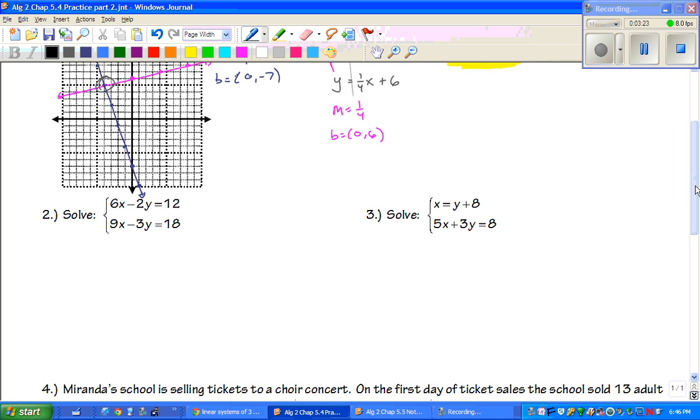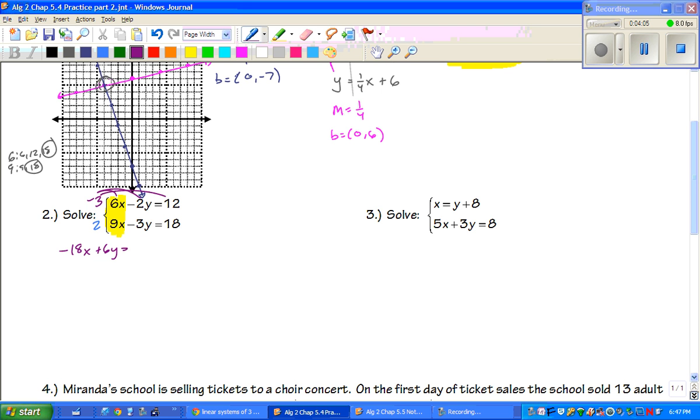Okay. Now, for problem number 2, we have to solve. I'm going to do elimination here, and I am going to cancel my x's. Off to the side, if you don't know this, the multiples both have 18 in common. So I have to multiply the top by 3 and the bottom by 2. And I need one of them to be negative, so I'm going to multiply the top. So that gives us negative 18x